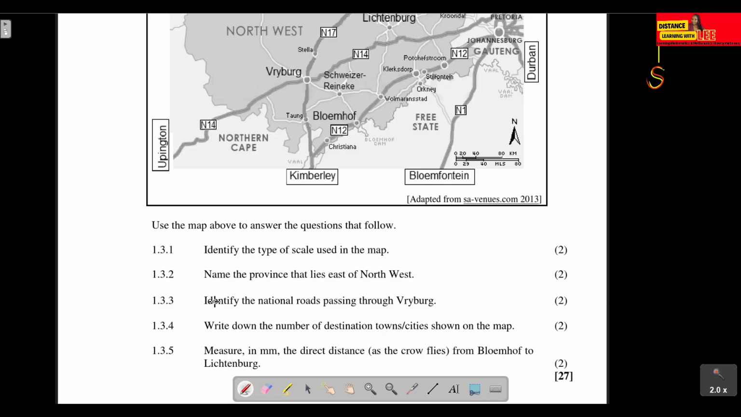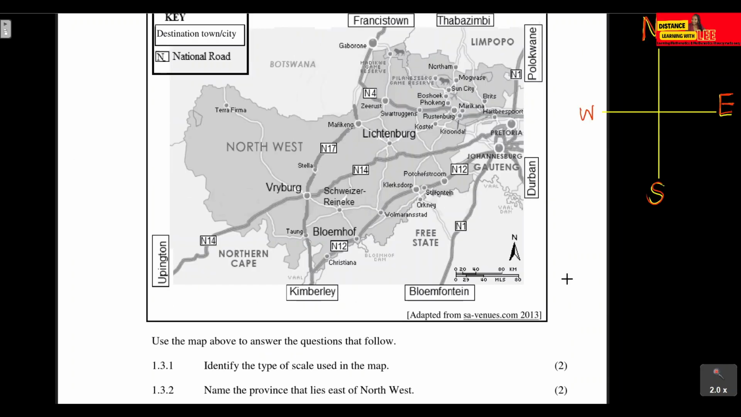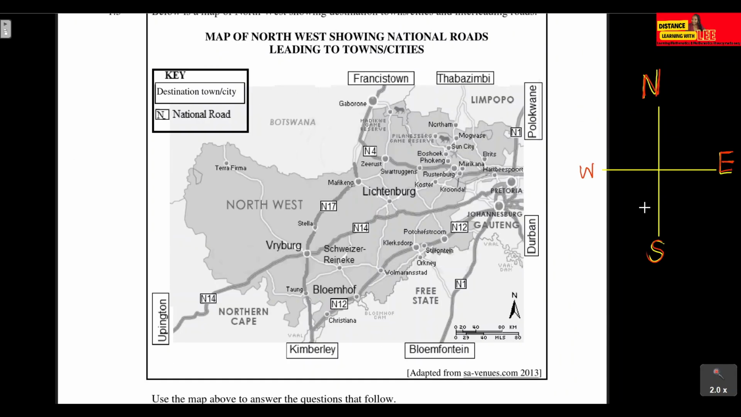Question 1.3.2, it says name the province that lies east of Northwest. Nice and easy, because I've already mentioned this: naughty elephant sprays water. Then we just need to identify the province that is on the east of the Northwest. This is the Northwest. What province lies east? For this question, it just needs you to know what